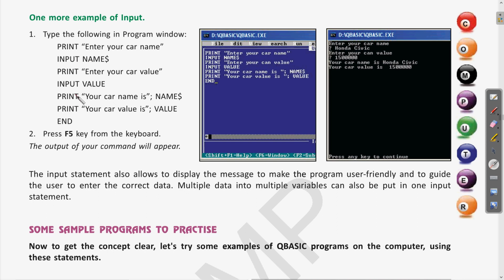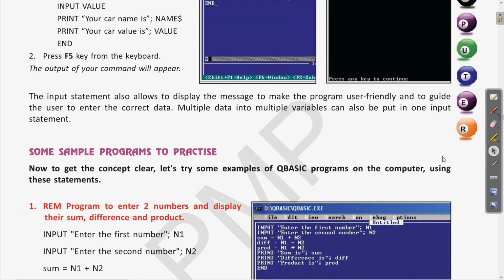And in the same way, when we are printing it, we are using a statement so that for the value which is printed, there is a message before that. So this way we can use the print command for various types of inputs to be printed, for various other things to be included. So print command can be used for printing the message also, separating by the semicolon and the message in the double quotes. Then there are some more programs for practicing.